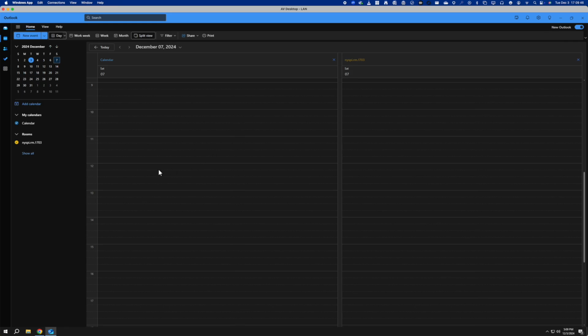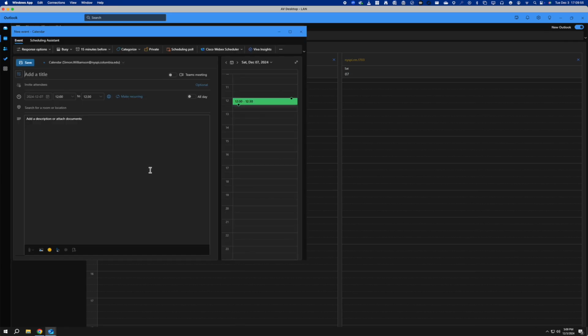All right, so that basically covers it. Again, you create an event invitation on a calendar that you can control. And when you do that, you right-click on the time slot, you fill out the title, the duration, and then you specify here the name of the room that you want. It's 1703 that's there, but let's say I wanted to do the boardroom. If you were following from the other tutorial, you would know that the boardroom is also in there, so we can do